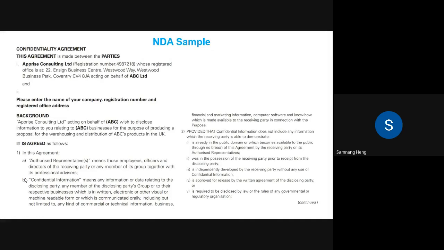I'm not going to read everything on this, but I just want to clarify that in the non-disclosure agreement, you agree not to share the data with the public, and that has to include written information, electronic forms like email or electronic receipts, or visual or machine-readable forms. Or if you have a meeting with your business partner and they share some information, even though it's not written or recorded in the system, you are not supposed to share it either. Every piece of information has to be kept within the company.